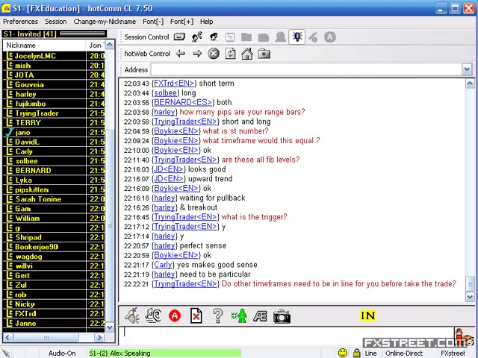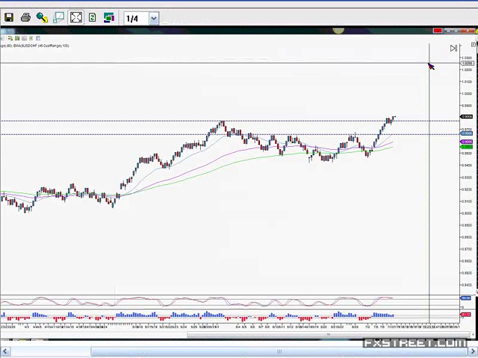Okay? Do other time frames need to be in line for you before you take the trade? They don't need to be in line in the sense that they need to be trading in the same direction, but you do want to look at longer term time frames for the bigger levels. So let's say, for example, we're looking at this chart here. I would also look at maybe a daily or a weekly time frame to see if I take this long from here, am I going to trade into a brick wall that maybe I can't see on this chart because I can't go far enough back in time. But if I look at something like a daily chart or something longer, then I can see a very big level. So you'd look at those charts from a perspective of wanting to know what you're trading into, but you wouldn't necessarily need them to be in the same direction in order to trade.